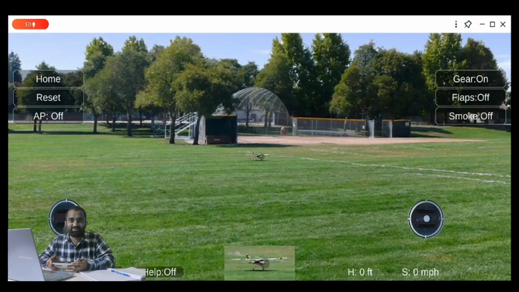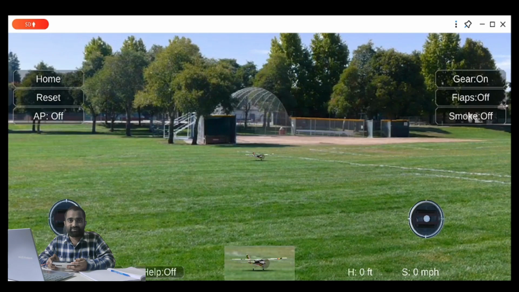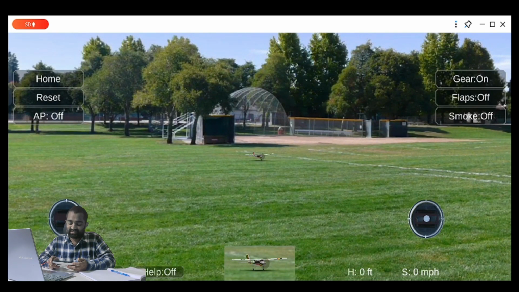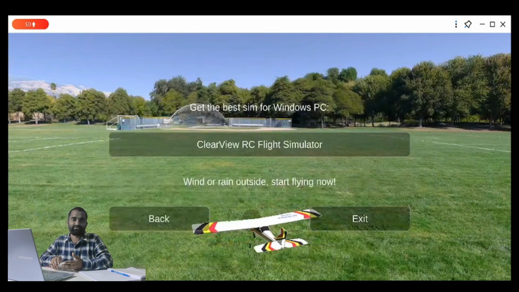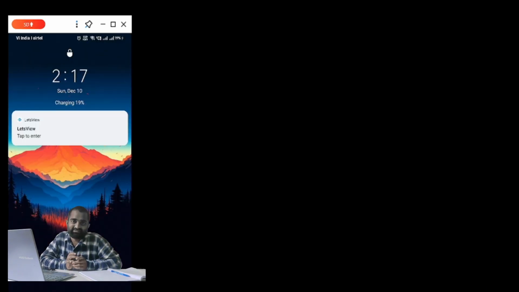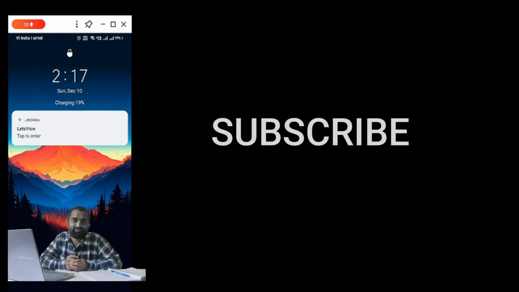It's better to crash simulator vehicles, not real vehicles. We'll wrap up today's video, and you can exit like this. I think everybody enjoyed this video, practice simulators right now, and it's a bit ahead to fly a real